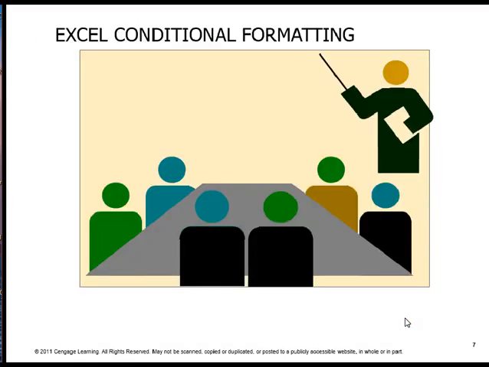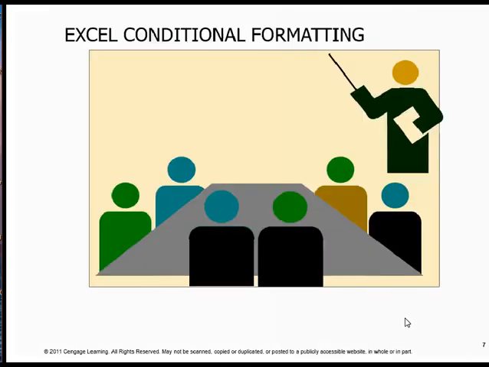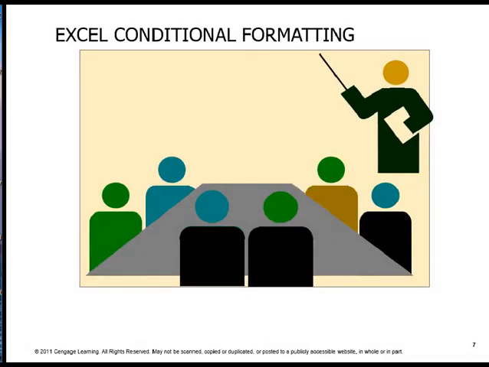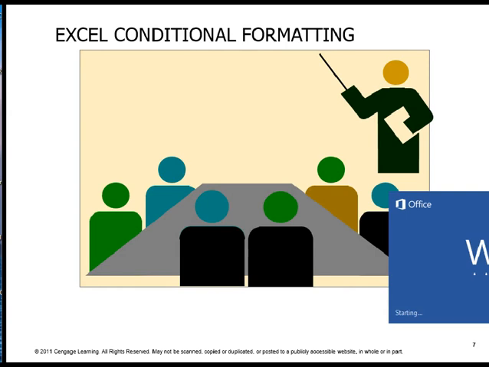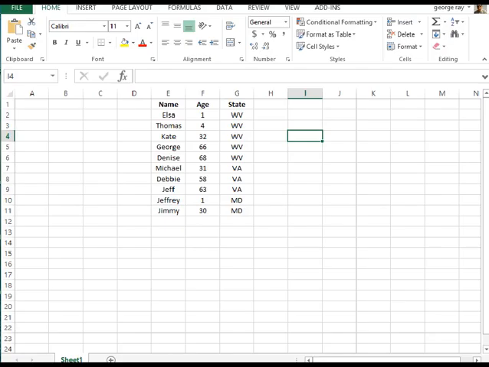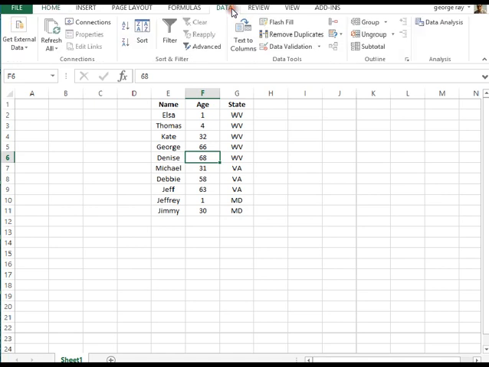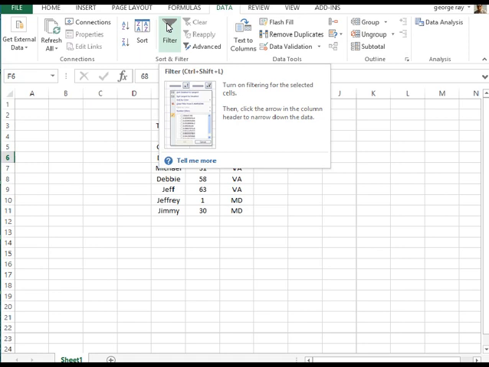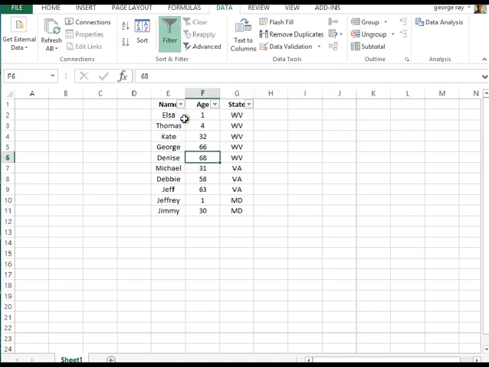Here we go, and we'll bring this up. So now we have our list again. Again, we click on any cell within our list. We come up to Data, and then under Sort and Filter, we click Filter, and it's now added filter capabilities